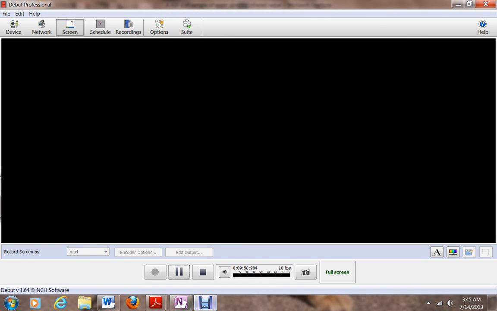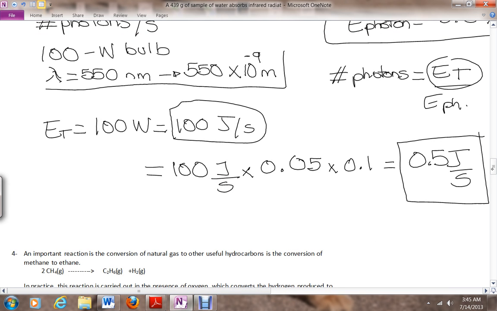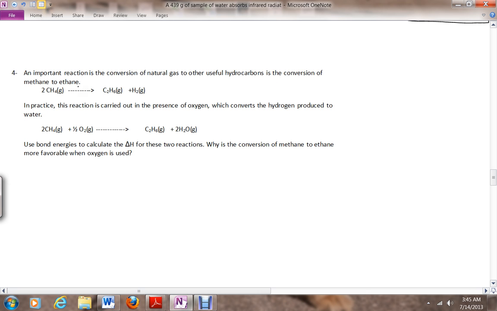Now let's do the next one. Okay, this is a little bit longer. An important reaction is the conversion of natural gas to other useful hydrocarbons, the conversion of methane to ethane. In practice, this reaction is carried out with oxygen, I think something is missing there. But the idea is that the conversion from methane to ethane is an important useful conversion. Industrially, it is carried out in the presence of oxygen, which converts the hydrogen